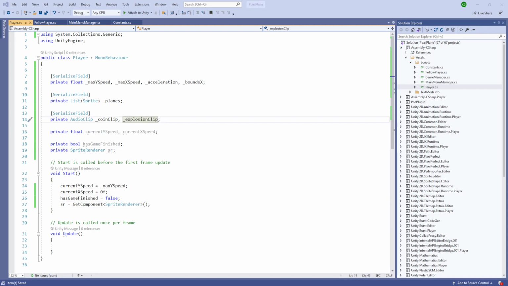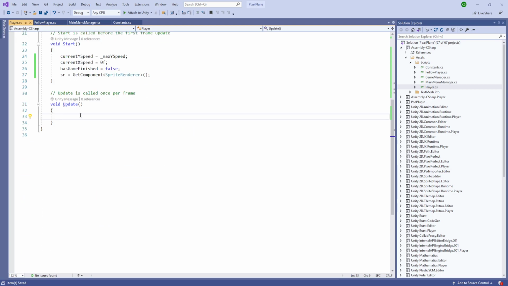Private float, we will also need a horizontal input, and inside our update the horizontal input is going to be input dot get axis,